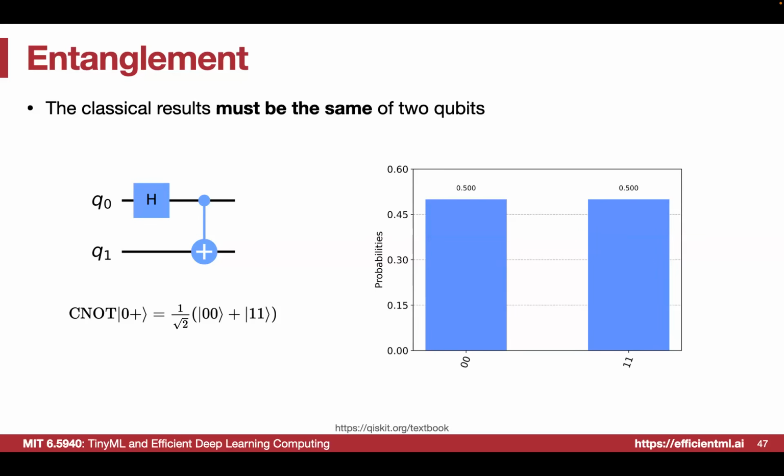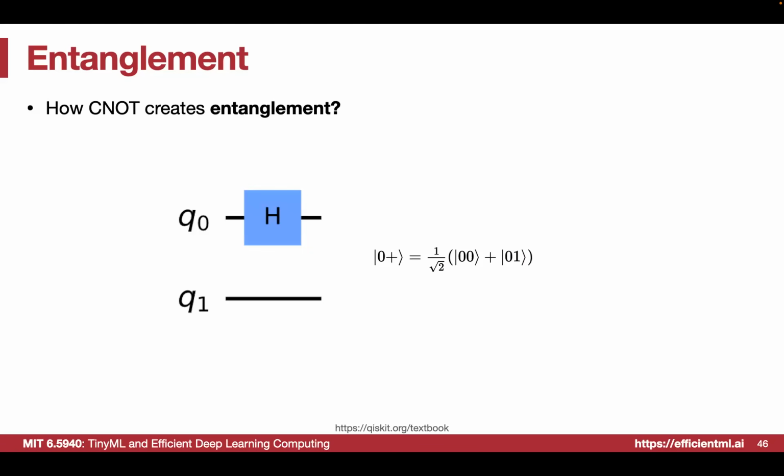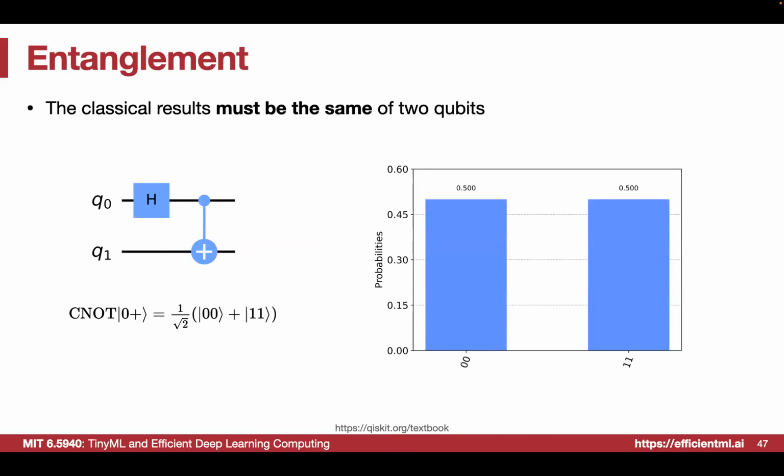After applying the CNOT gate, you can see the state will not be the previous one. This 1 will cause the flip of this 0, and this 0 will not change anything. So we get 0, 0 plus 1, 1, right? That's the result after the CNOT gate. So this is a very interesting entangled state because the information or the energy is always concentrated on both 0 or both 1 state.